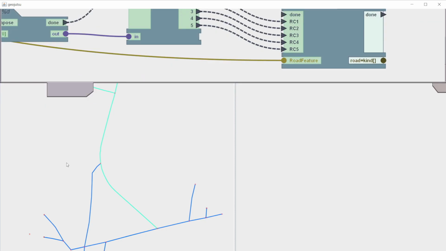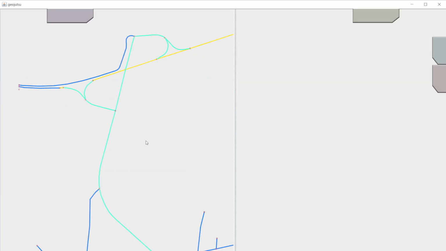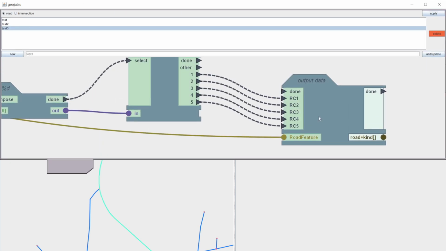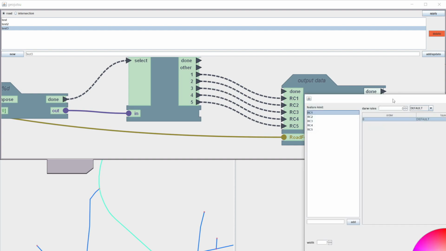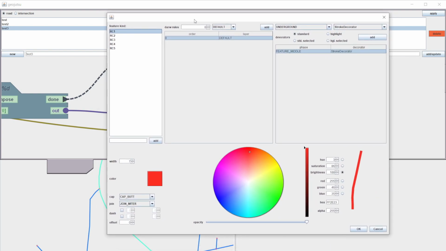What we can do more, just as last exercise for today, I'm going to show how to change the road presentation depending on some specific condition. If I'm moving the cursor across the road, it doesn't change its representation. And let's see how it could be changed. Let's open the setup window, move it here. Okay, so we have the turquoise color for roads